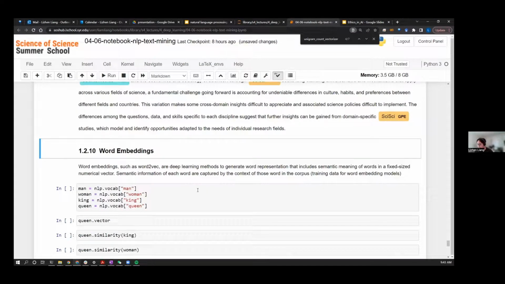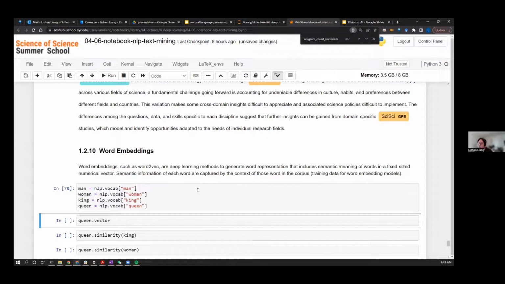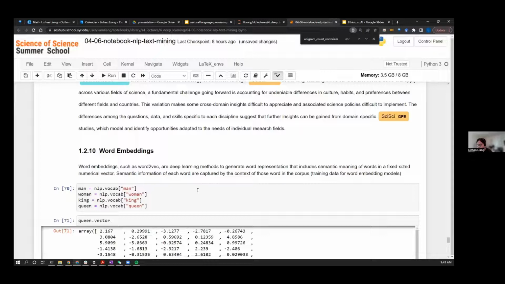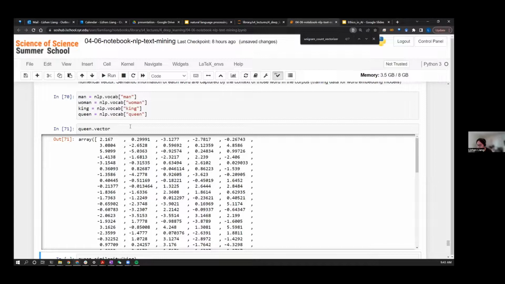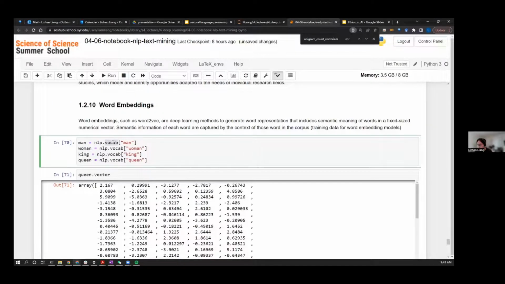And as I mentioned in the slides, the spaCy pipeline also supports pre-trained word embedding models, so we can have a sense of how the dense representation works. Here I'm passing man, woman, king, and queen into the pipeline.